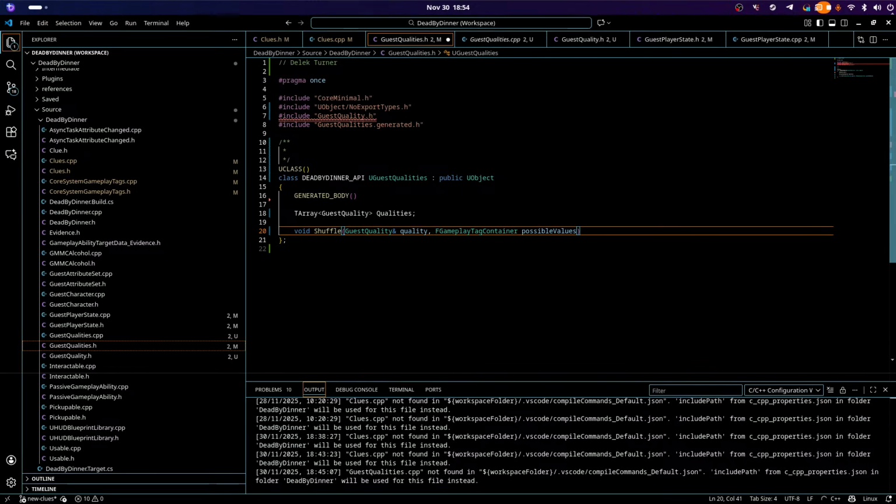So this does have a little bit of wacky in that it's very C and not C++, because I'm feeding in the quality and then change it as if it's like some sort of random function off to the side. The idea is that I can make a thing that does this,